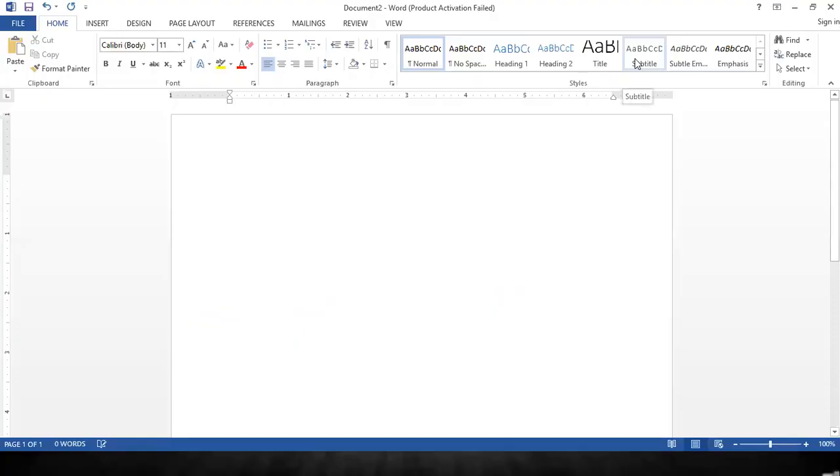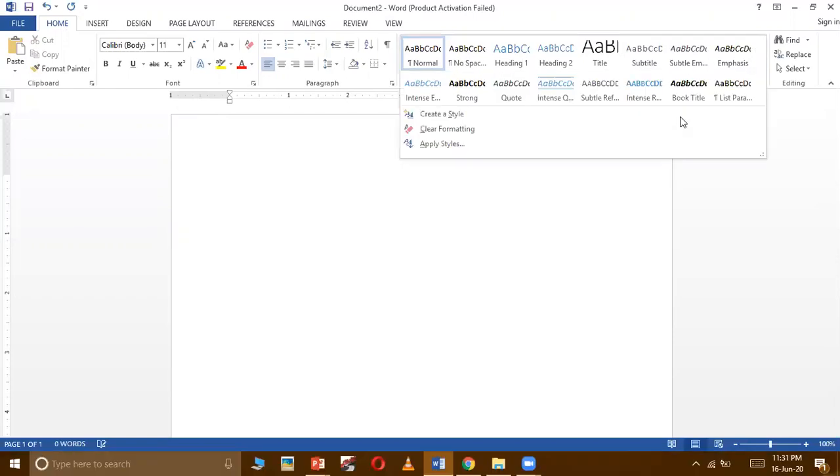Our MS Word application is open now. The first step is to go to the Home tab. First you need to click on the Home tab. After that, come to the Styles group. Here is the Styles group. These are the default styles which we have already seen in the previous class. You can select one of the provided styles, or else you can click on the down arrow here, and then click on Create a Style if you want to create your own style for the text. So click on Create a Style.